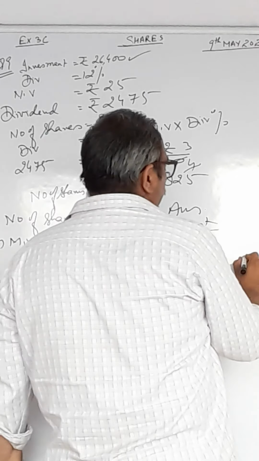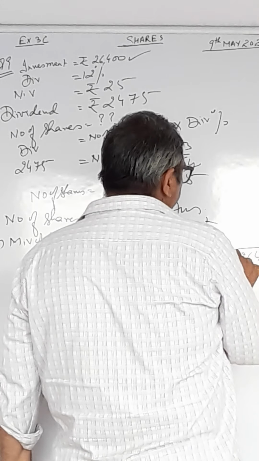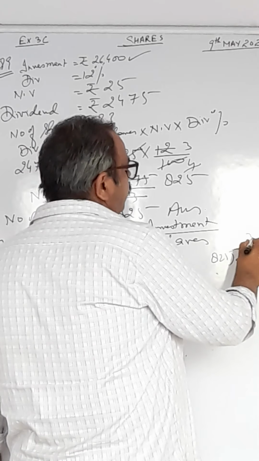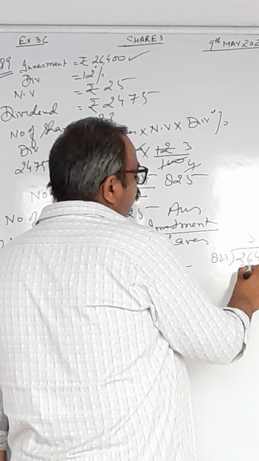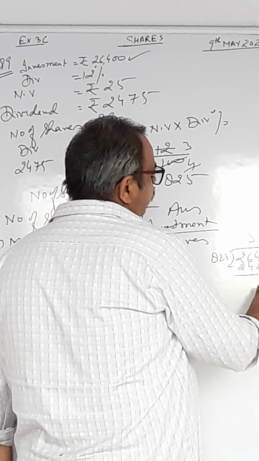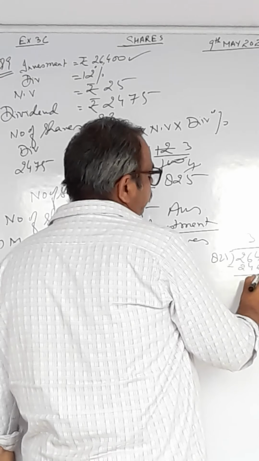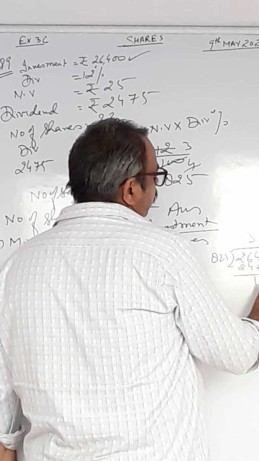Divide this part, 26400 upon 825. How many times will it go into 3? 3 times, I think, first. 3 1 is 3, 3 2 is 6, 3 8 is 24. 3 2 is 6, 3 24. 10 minus 3 is 7, and 13 minus 6 is 7, and this is 5 minus 4, 1.